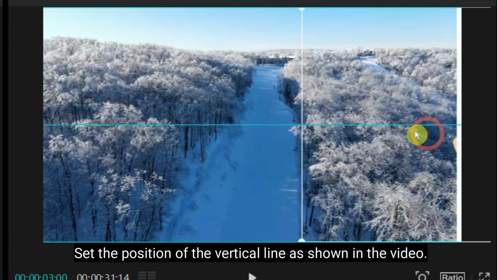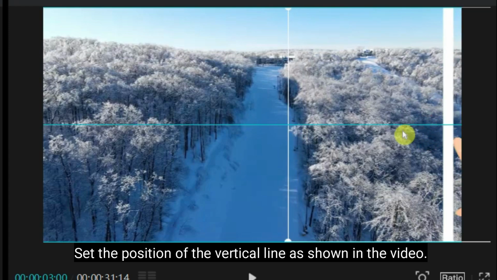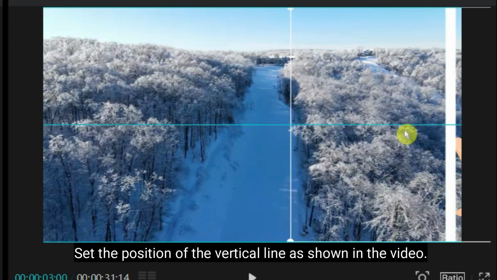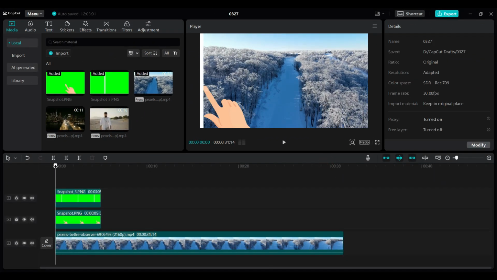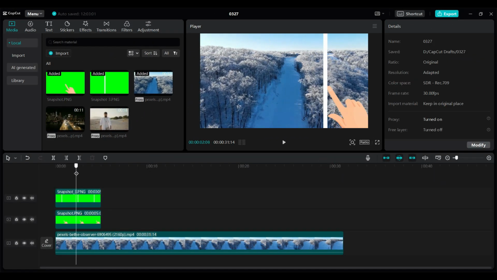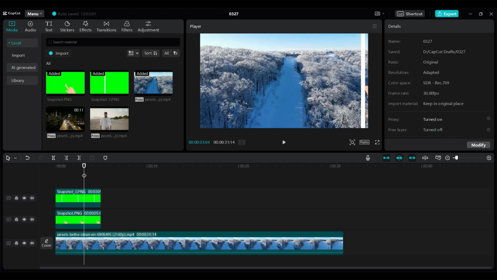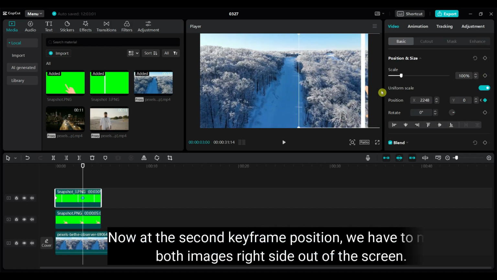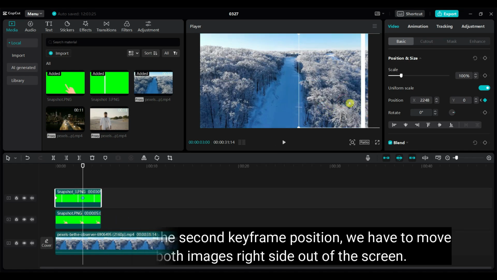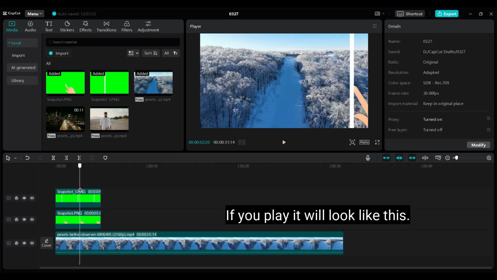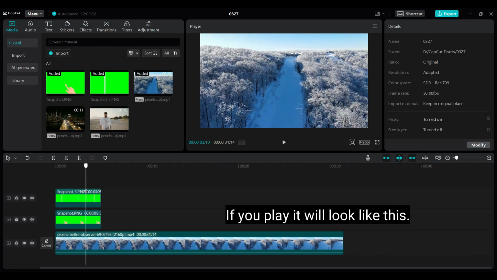Set the position of the vertical line as shown in the video. Now at the second keyframe position, we have to move both images right side out of the screen. If you play it will look like this.